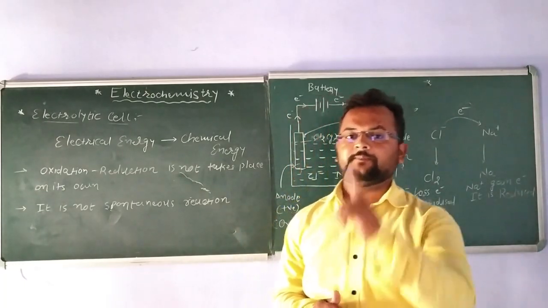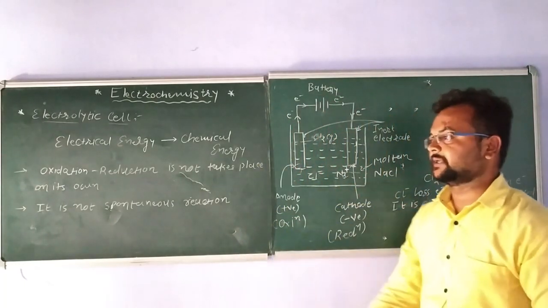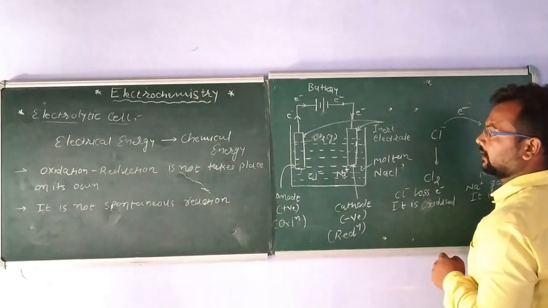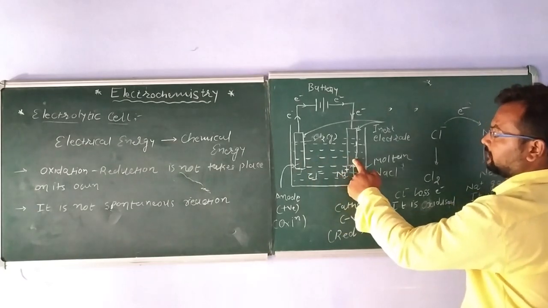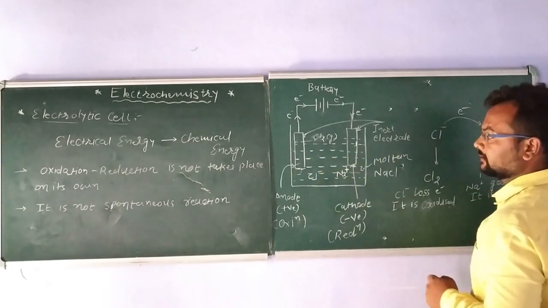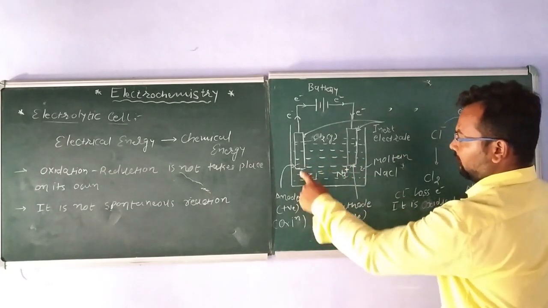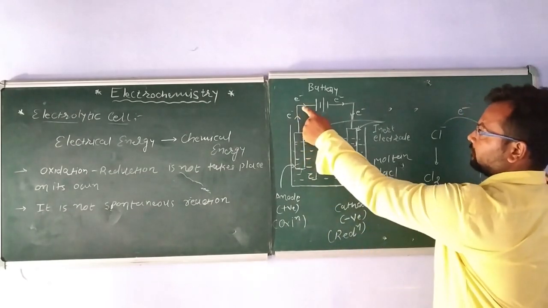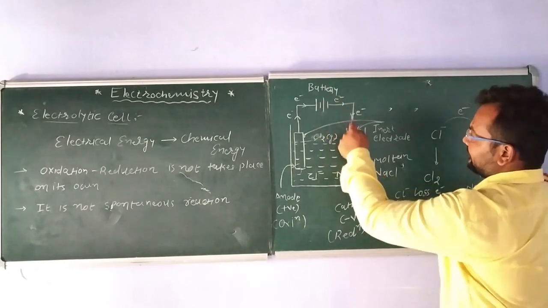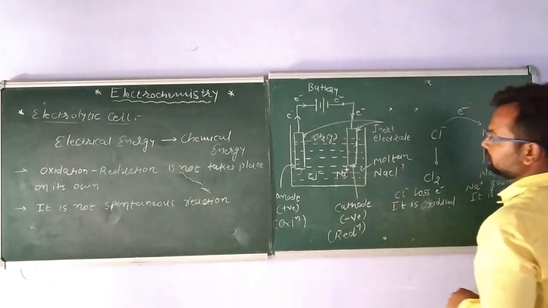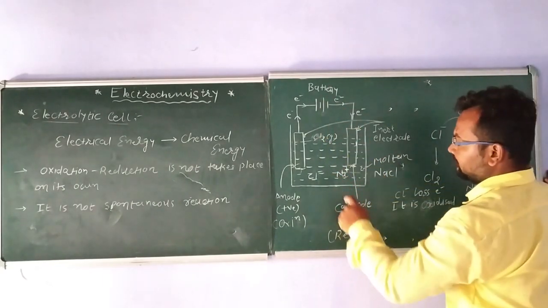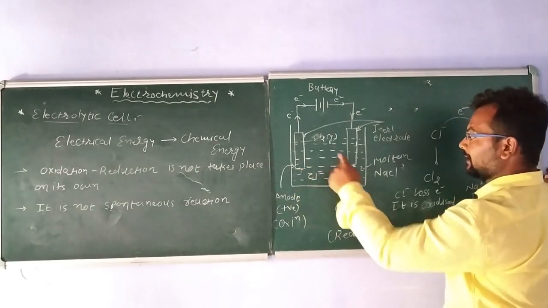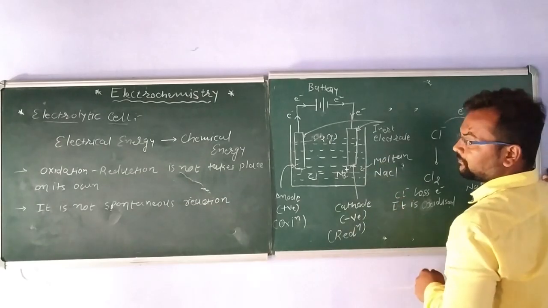Now we discuss the typical construction of an electrolytic cell. First, molten NaCl is taken in one container and two inert electrodes are dipped in the same container. So one is the anode part and another is the cathode part, and they are connected through a metal wire via electricity. So in this NaCl, Cl- is attracted toward the anode part and Na+ is attracted toward the cathode part.